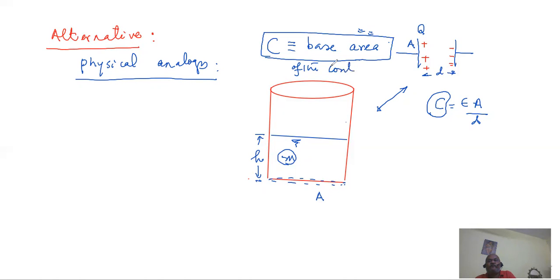And because you are introducing the dielectric, capacitance increases. So now think of the container as being of such a quality that it's a rubberized container. The container is very much flexible, made with plastic or something like that, which acts as a rubber. If you like, you can squeeze the container and the base area will decrease. If you like, you can pull it on all sides and the base area will increase.